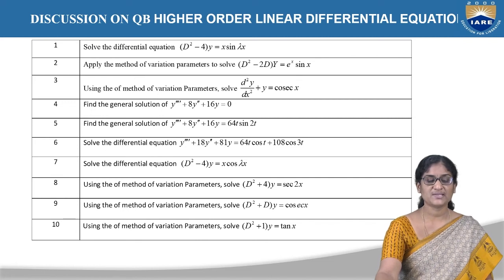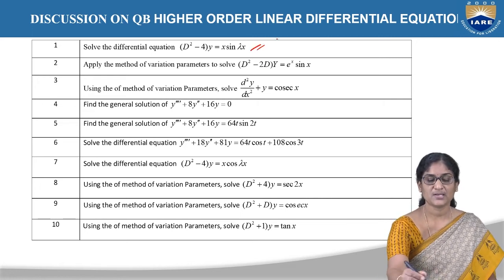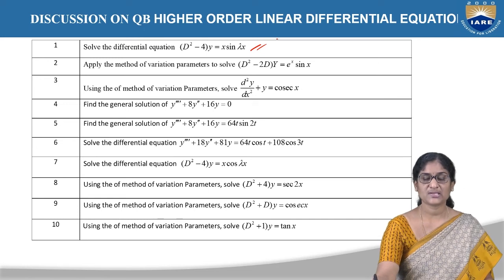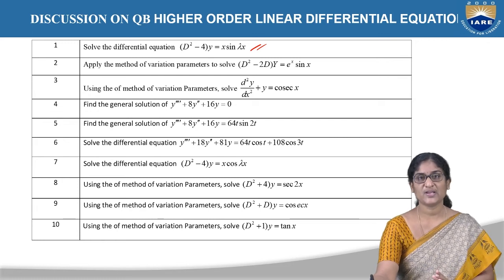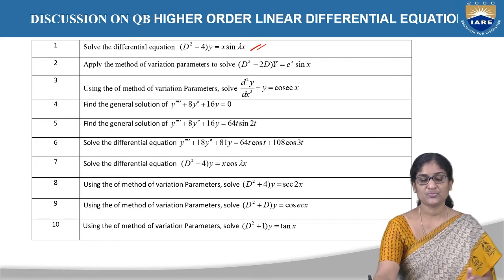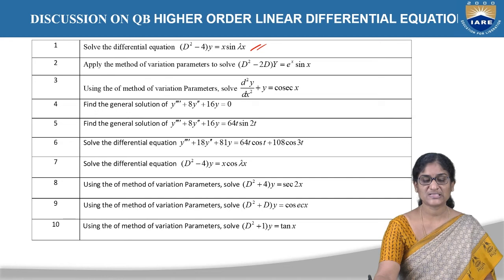So going to part C, solve the differential equation (D square minus 4) y is equal to x into sin x. Just now we have referred to this question in part B, that is, we have to convert sin lambda x as the imaginary part of e to the power of i theta, and D has to be converted to D minus i theta, and bring it to the left hand side, and to the rest we have to apply the binomial expansion.